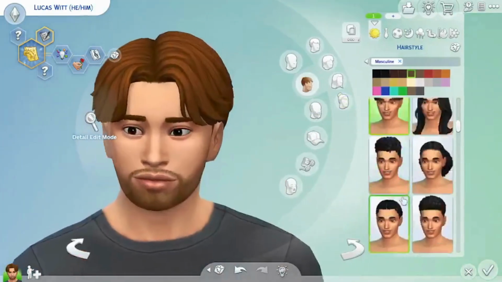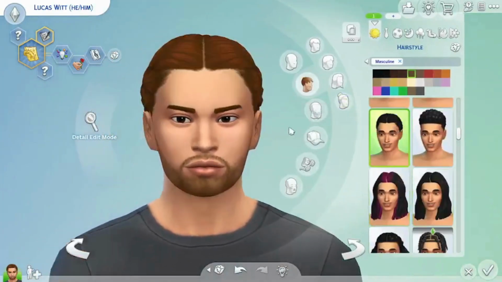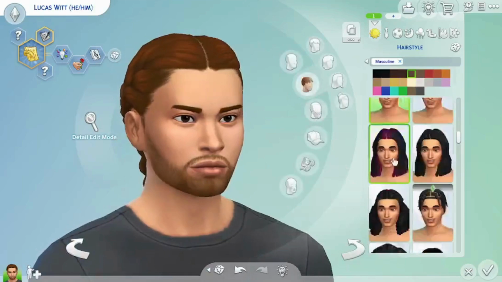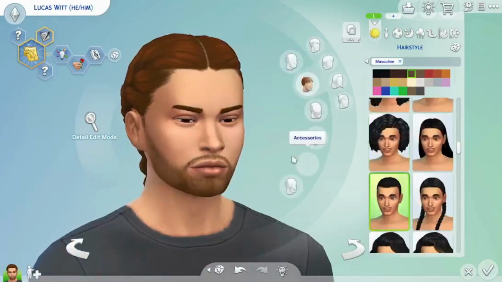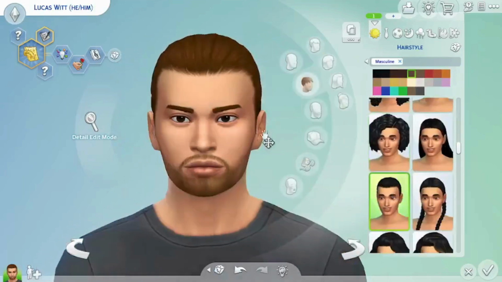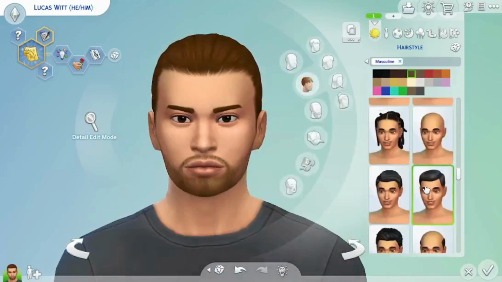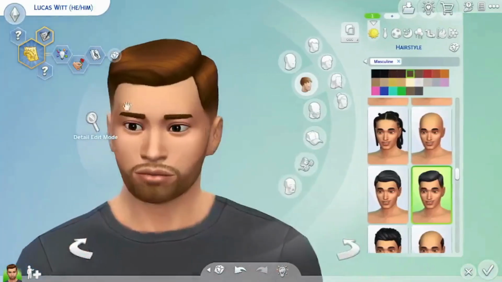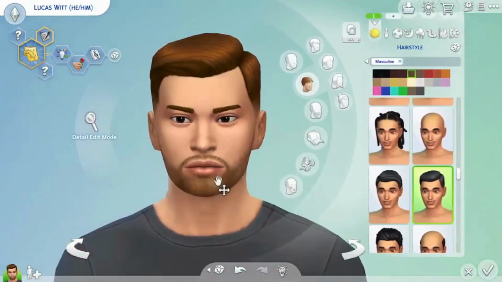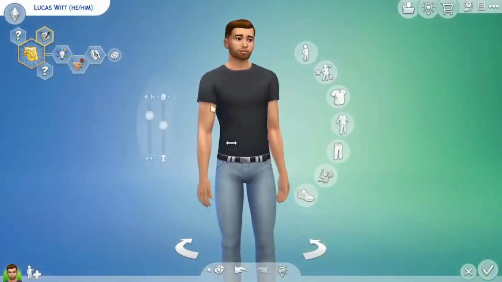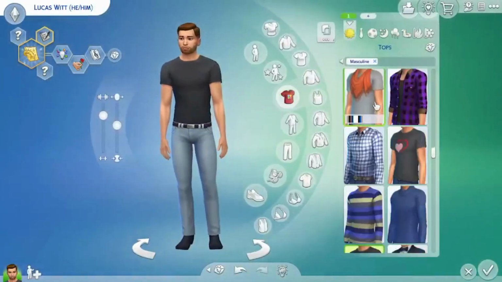Ooh, we can do this one. Or this one. Wait, this long hair. No. What is this? Also long hair. What is this? Yeah, let's go for this one. I think that this one looks kind of nice. I'm gonna keep the little beard. Then we're gonna basically now choose